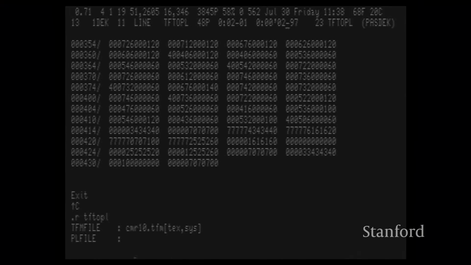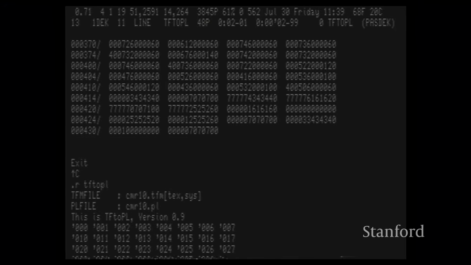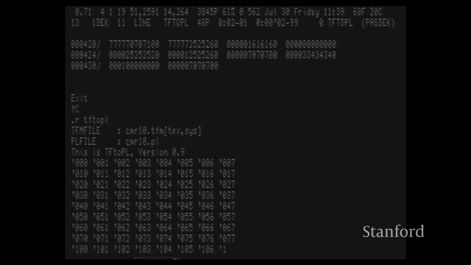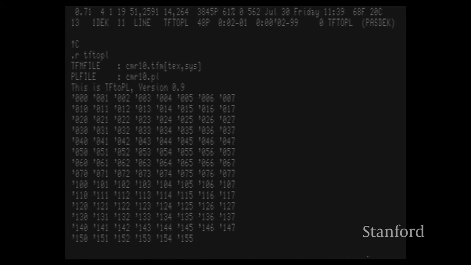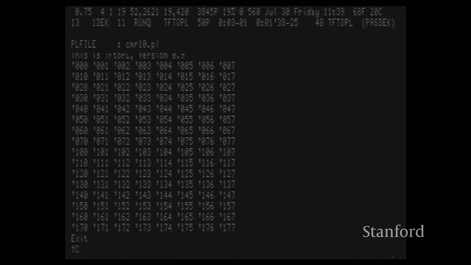And I'll print out CMR10.pl, and this is the program that you have a listing of doing it. It prints out the character codes that it has processed as it's doing it. Okay, so now we should be able to look at